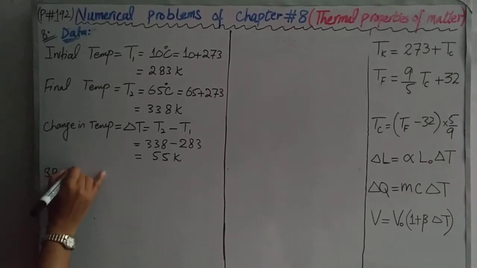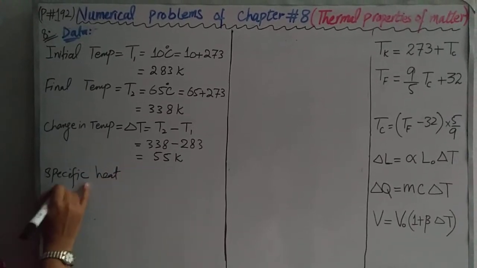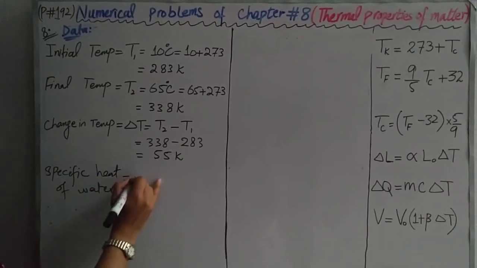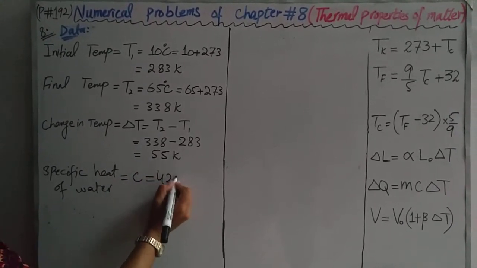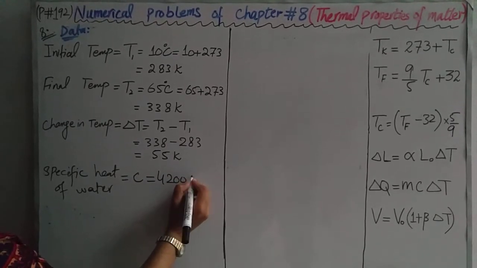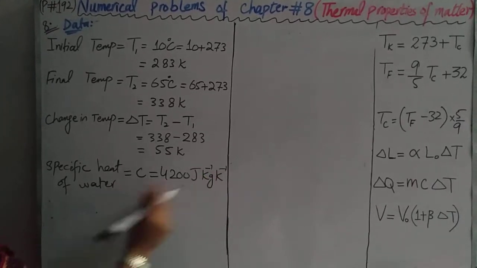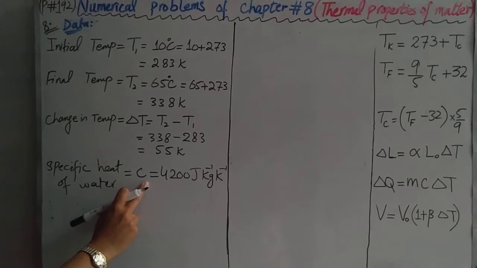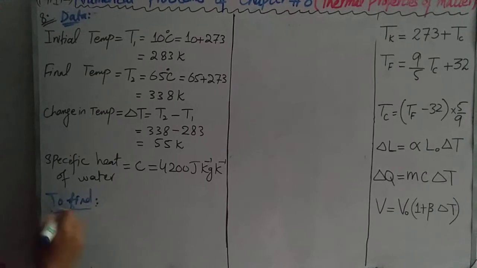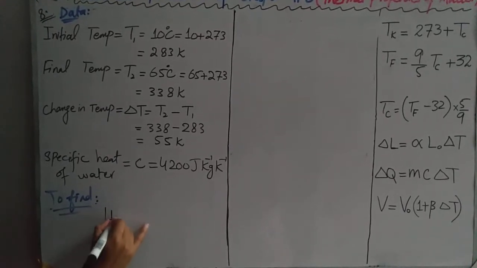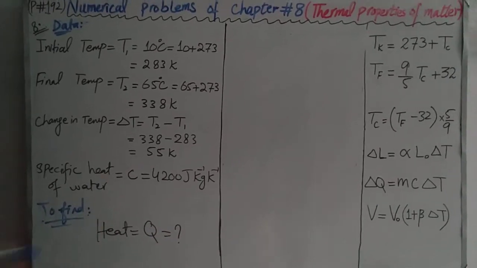Also, the specific heat of water is represented by small c, which is equal to 4200 joule per kg per Kelvin. This is the specific heat of water represented by small c. What we have to find out? We have to find out the heat, represented by Q. Now solution,